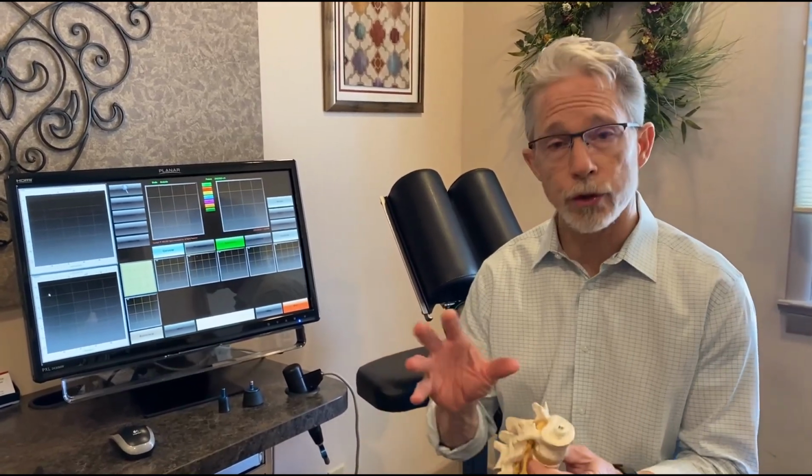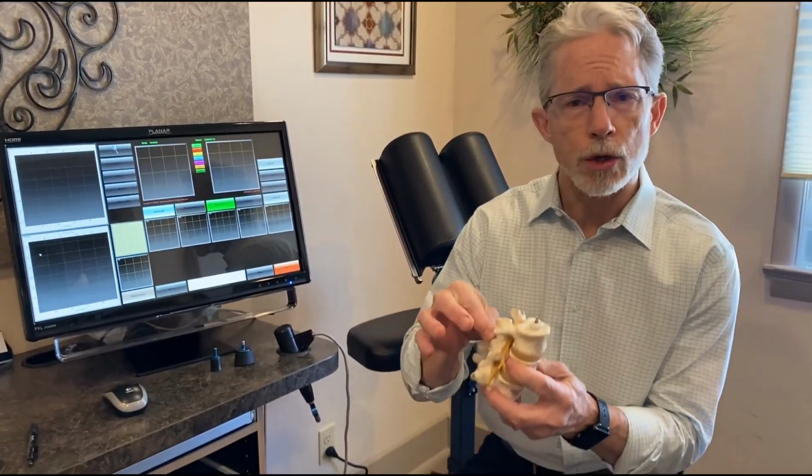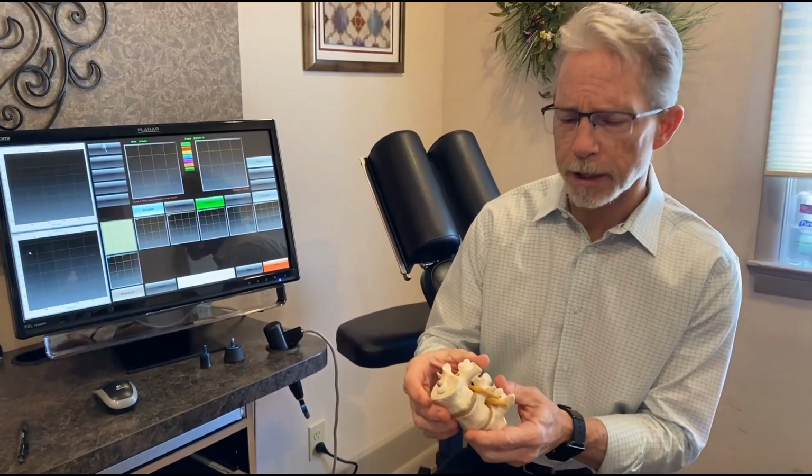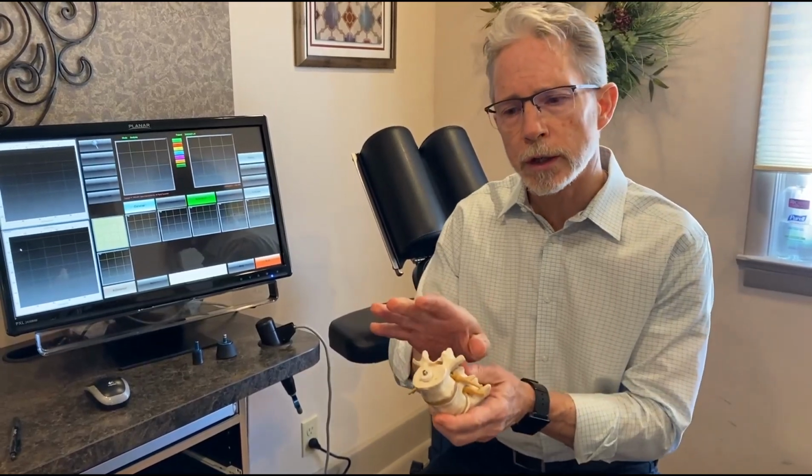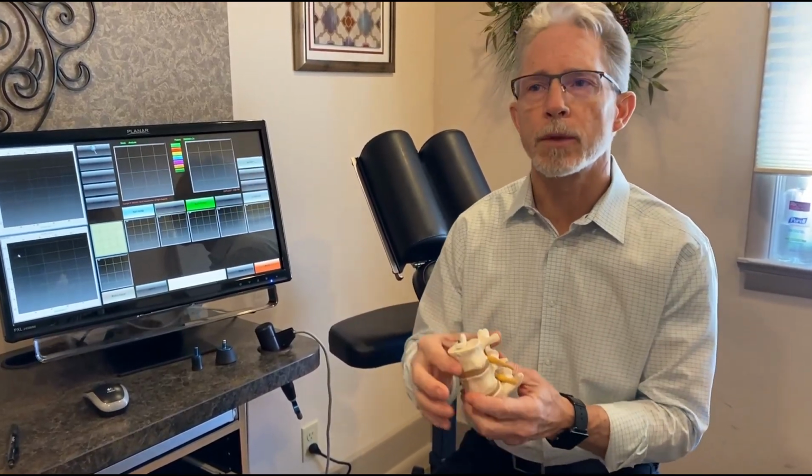I thought today we would share with you one of the really cool options we have for adjusting our patients. Most people know that chiropractors use their hands. They use their hands to find places in the spine where the bones aren't moving correctly. And we use our hands to push or turn or twist to move those bones. If the bones are moving better, there's less pressure on the nerves, and it allows those nerves to send and